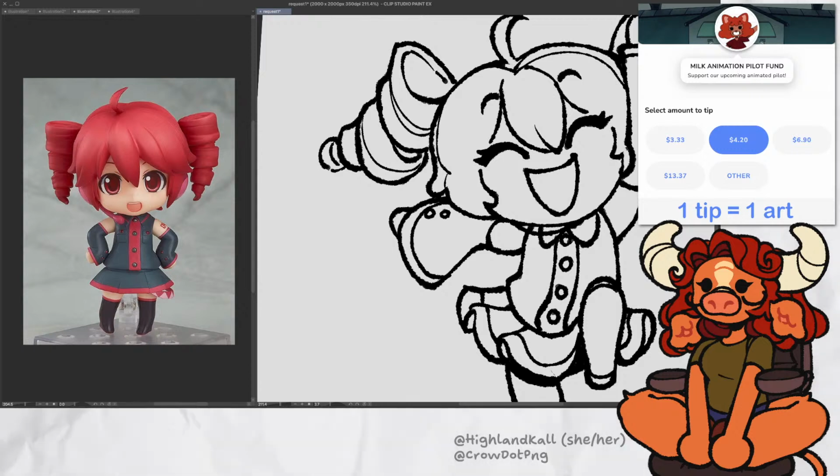Okay, forget that lower shadow. That's good. Put these in, and I'll color these in when I get to the line art coloring stage. Okay, good enough.